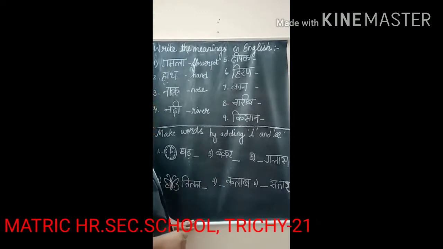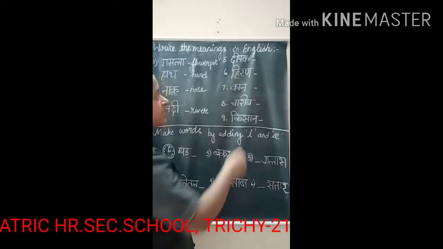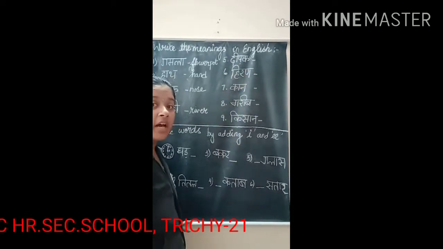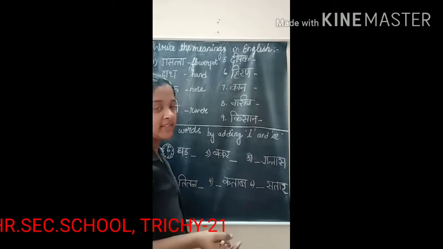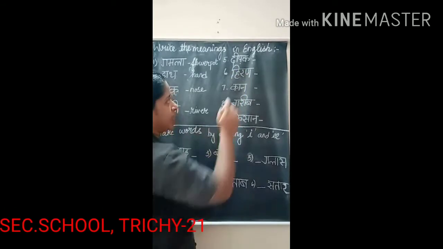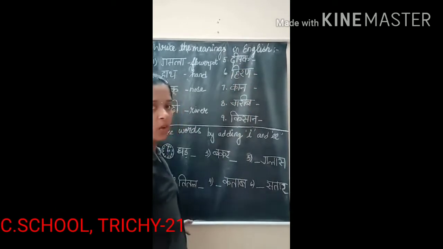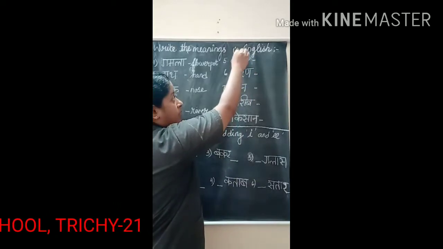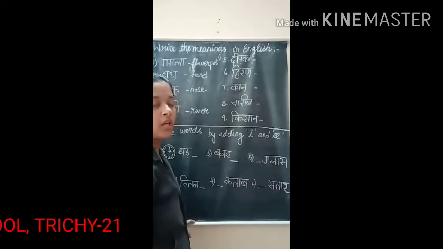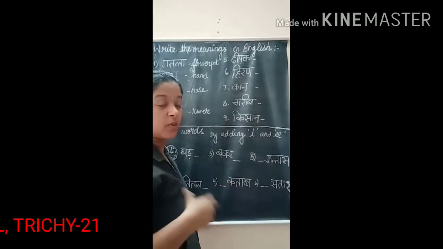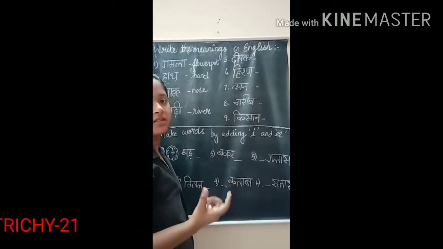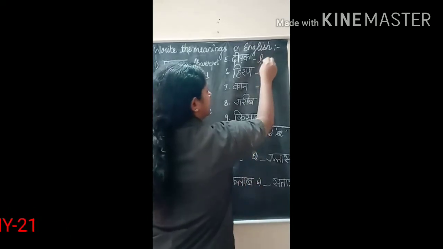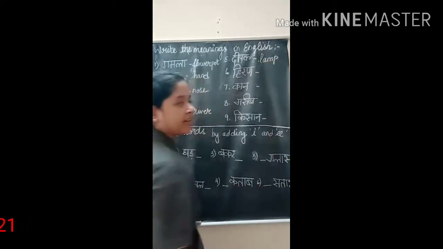Now see, the next word is Deepak. The fifth word is Deepak. While pronouncing it, I am giving a little bit of stress to the first letter. Actually, this is a 3-letter word. All 3 letters are consonants, and for the first letter, the symbol of E is there with it. So we pronounce it as Deepak, and Deepak means lamp. So I will write it here.